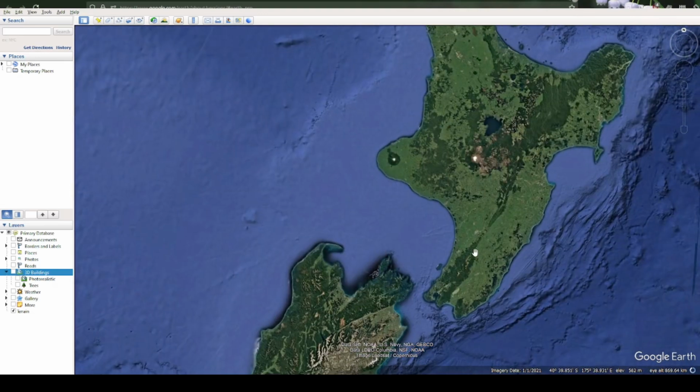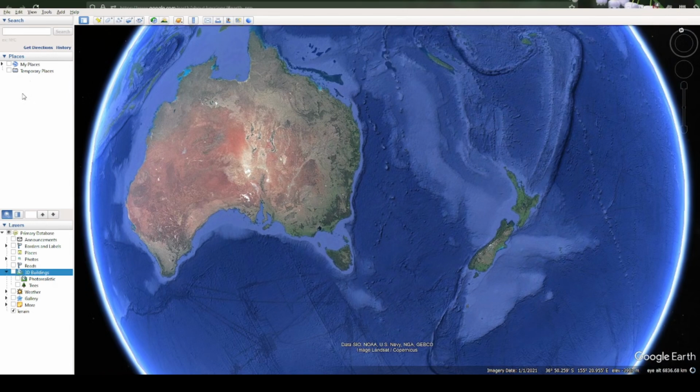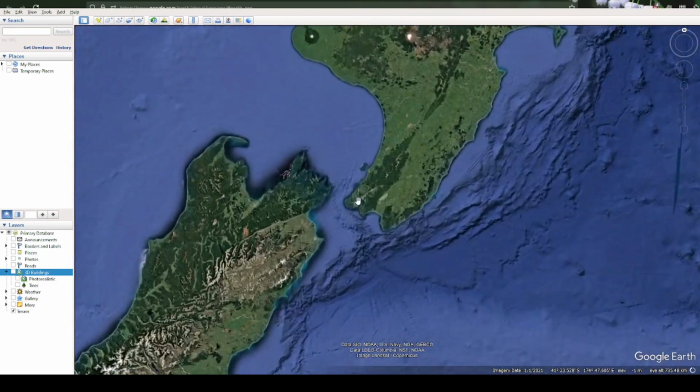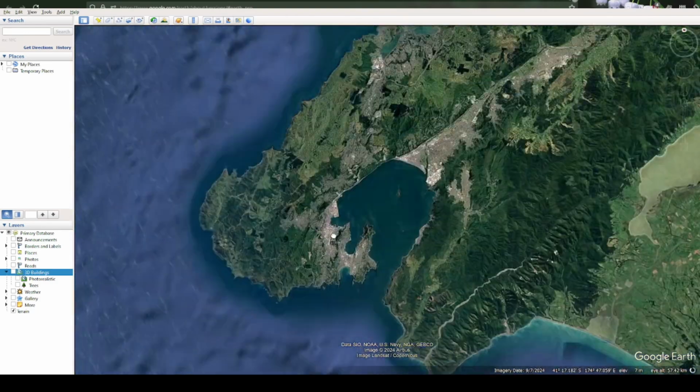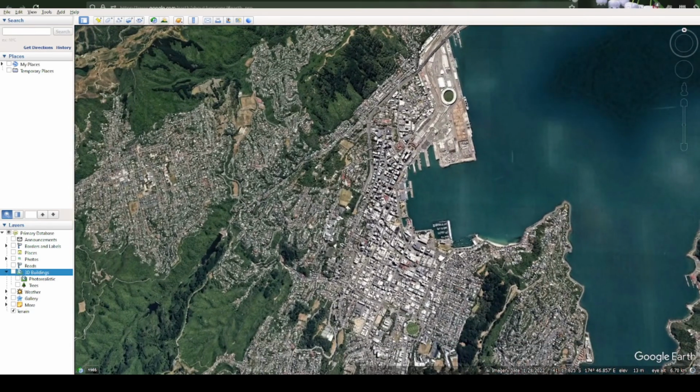So let's zoom out. This is my New Zealand, and I want to show you something. Let's use My Places. I can search for something here, in the search bar. It's interesting that Google Earth can search for you. For example, I'm in Wellington again. Oh, let's come back. But I want to go to a supermarket in this suburb, for example, not this suburb. So if I go to supermarket,